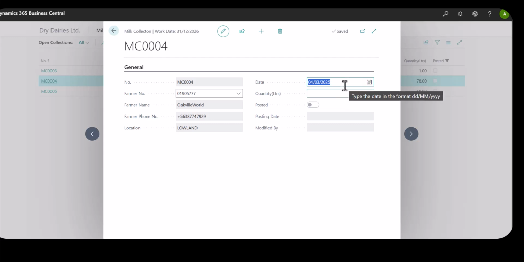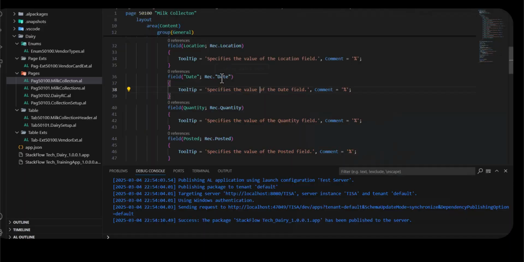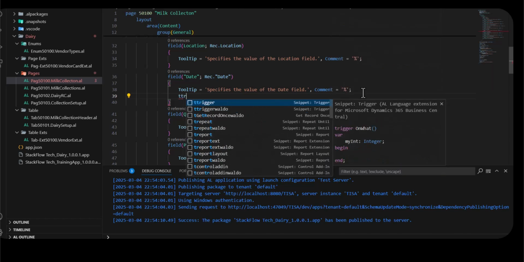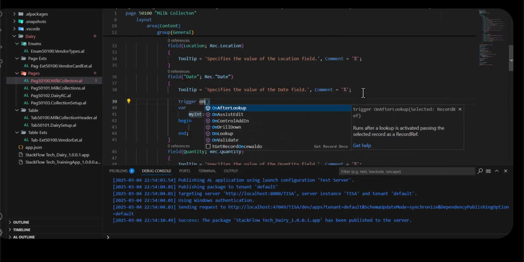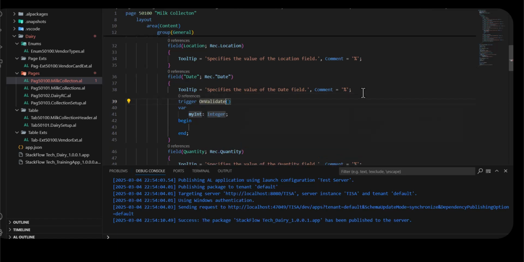Let's roll it. So we'll go to this field, and then we'll test. Let's go to the date right here, and then let's do a trigger. The shortcut is TTR. Then you just do on validate. There are so many more, but I don't want to touch the others because we will sleep here. It will be an endless journey. So on validate,